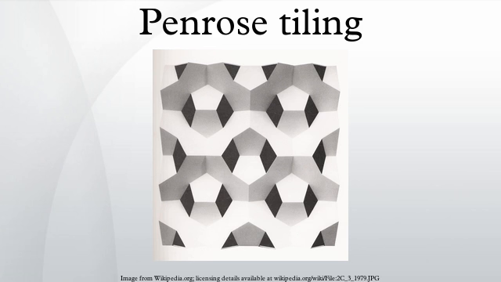It follows that the P2 and P3 tilings are mutually locally derivable. A tiling by one set of tiles can be used to generate a tiling by another. For example, a tiling by kites and darts may be subdivided into A tiles, and these can be composed in a canonical way to form B tiles and hence rhombs. The P2 and P3 tilings are also both mutually locally derivable with the P1 tiling.